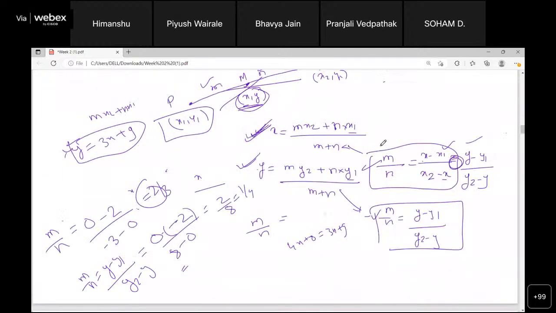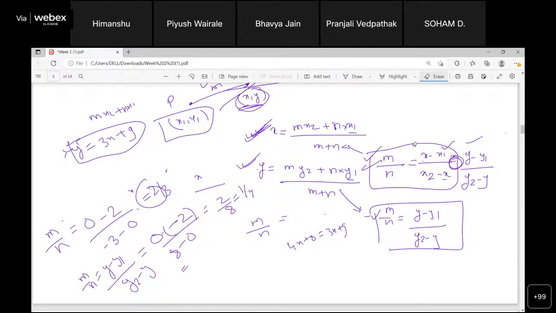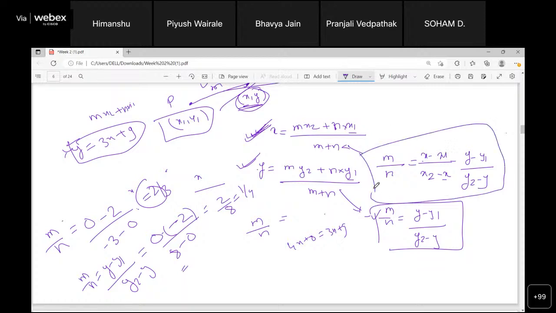So we have to check for both the cases. Yeah, the whole formula we need to check. That's why I went for this first. But if you remember, it should satisfy both the conditions. In this formula, the ratio should be equal for both the cases, for the x coordinate also and for the y coordinate also. Okay, everyone got it, right? Any doubt in this part?